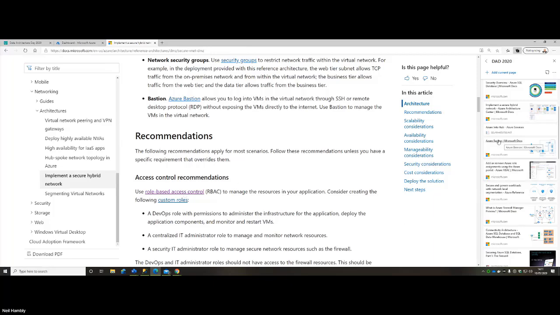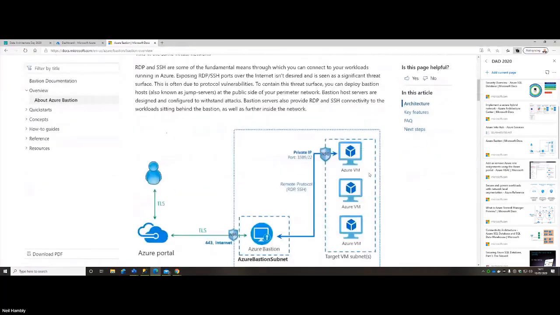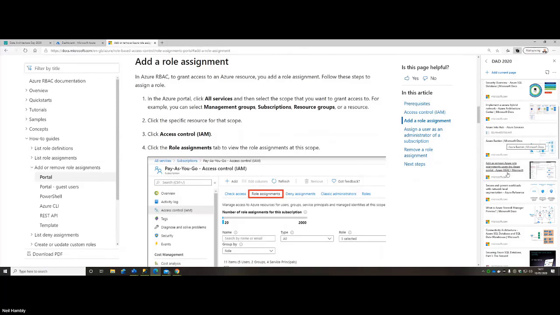We do have a couple of links around the Bastion, what it is and how it works, and how it improves the performance and security of the system, because we're just using private IPs, so we're just on the backbone of Azure. We also have the RBAC, the role-based access control.